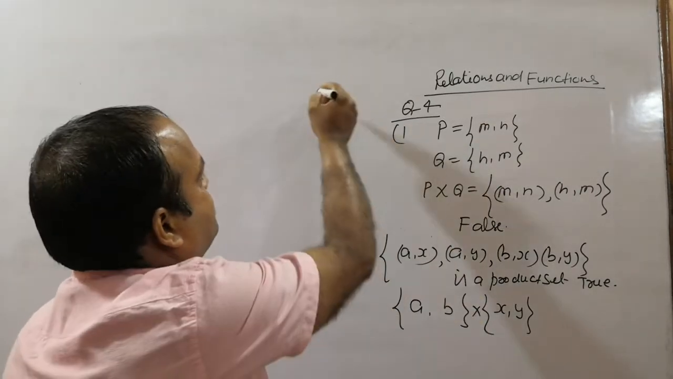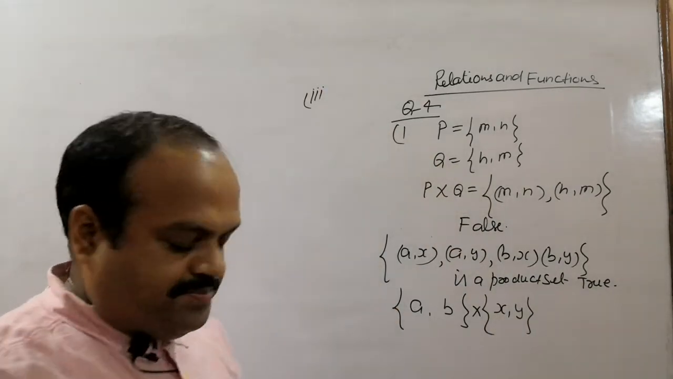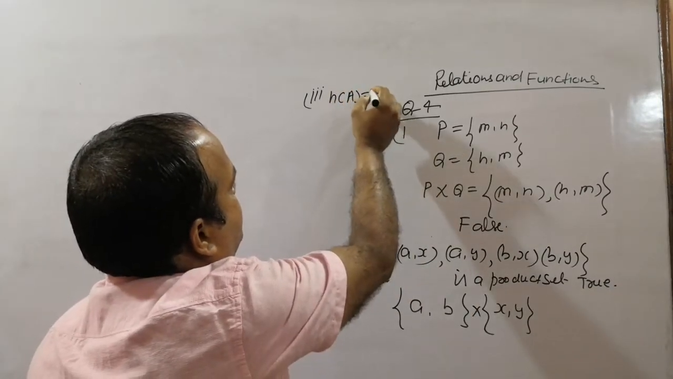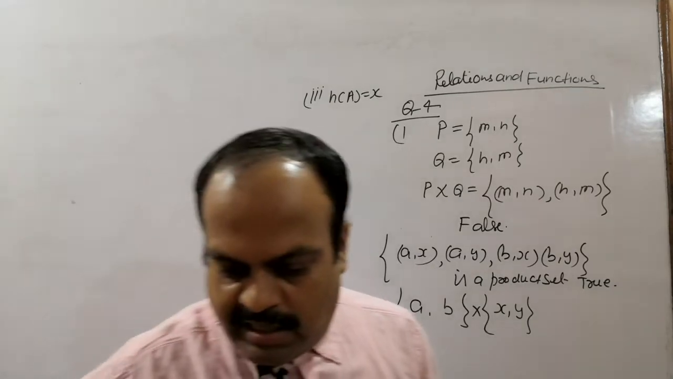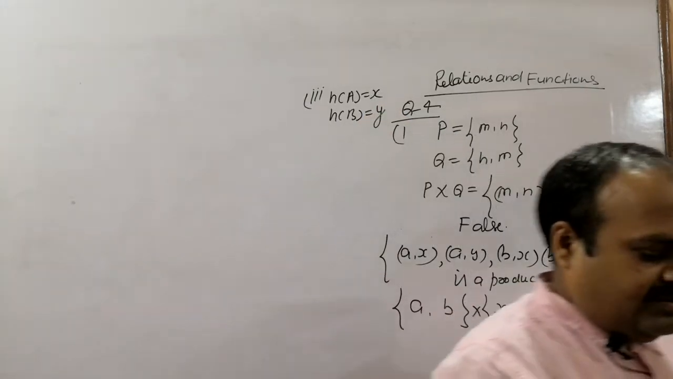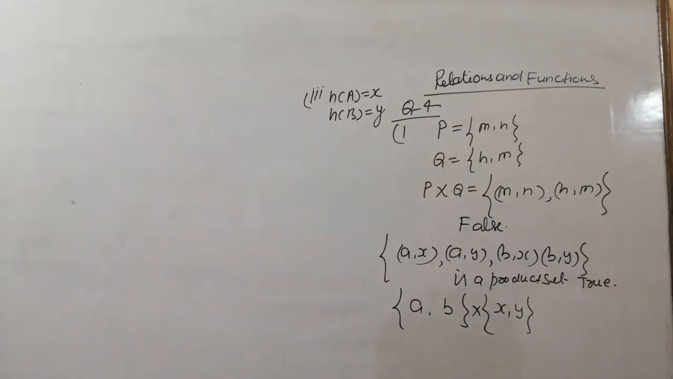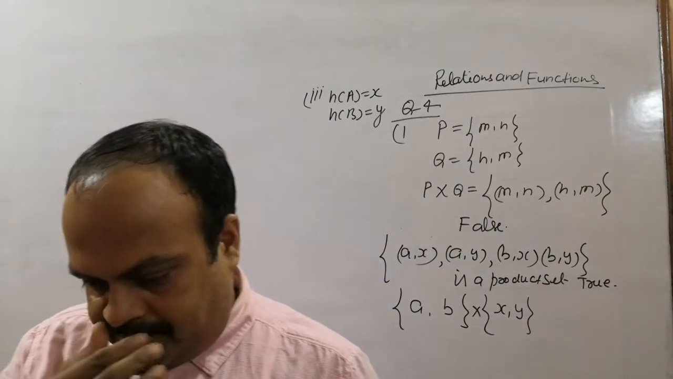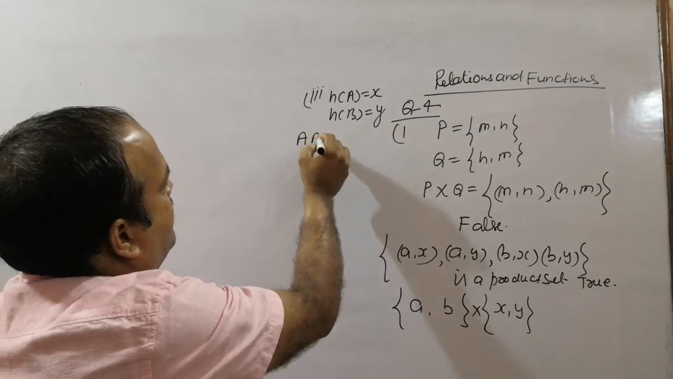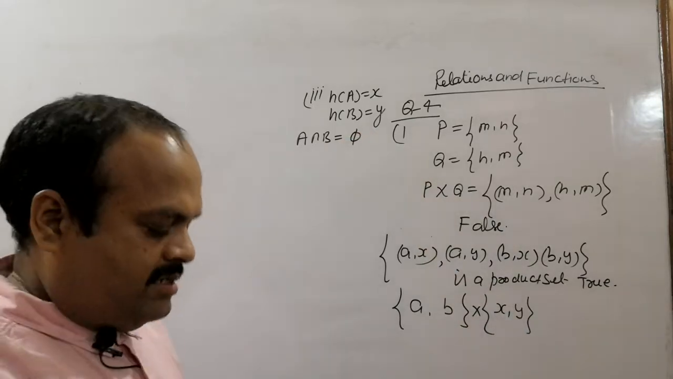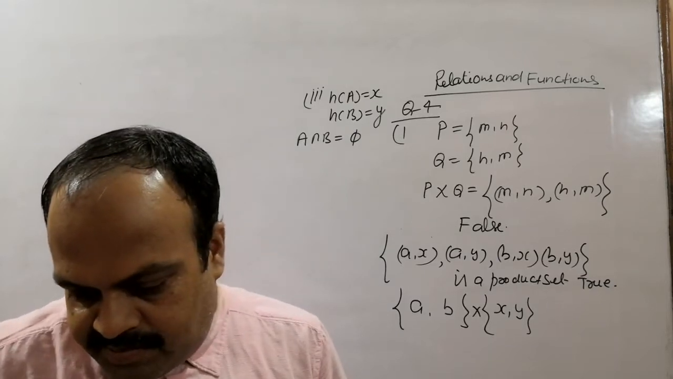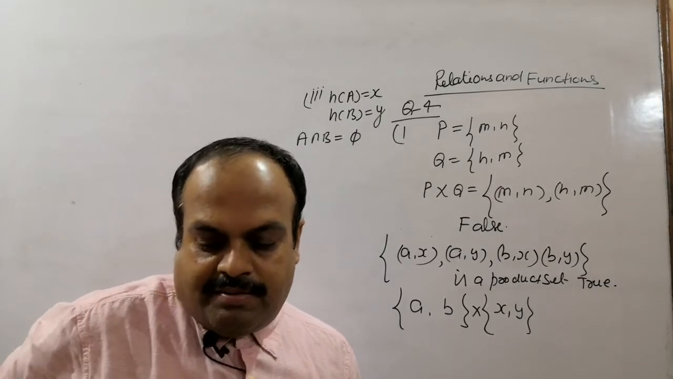Third one, the cardinal number of A is x, the cardinal number of B is y, and A intersection B is phi, means A and B are disjoint sets. Then the cardinal number of A cross B